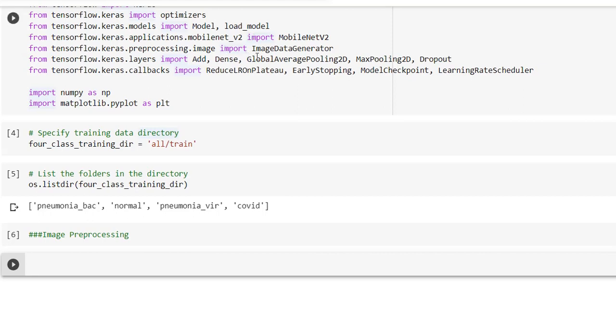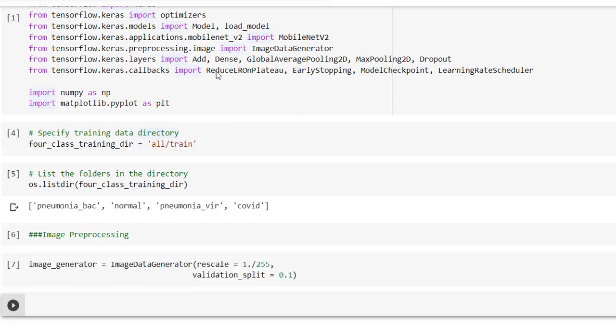So already we have used the image data generator. This is nothing but a Keras library. We are going to call this here. If you see, I have called the image data generator and rescale. In order to normalize the images, we are going to divide each pixel of all the images by 255, because the highest value of a pixel is 255. So for that we are going to use this value. What it will do is put all the images between 0 and 1.